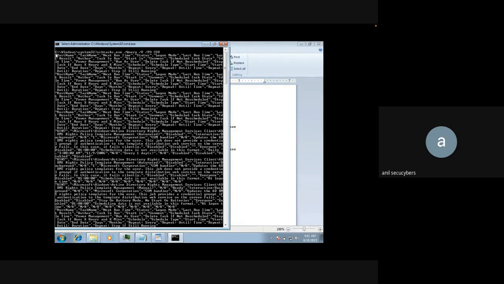But for a CSV file, we always know there is a column header. Here you see the headers: host name, task name, next run time, status, logon mode, last run time. These are all the details about a scheduled task in the operating system I'm running right now. And with this header, we see there are values, and if we pick at least one of them, it says host name as Windows 7, right? And then it says the task name is